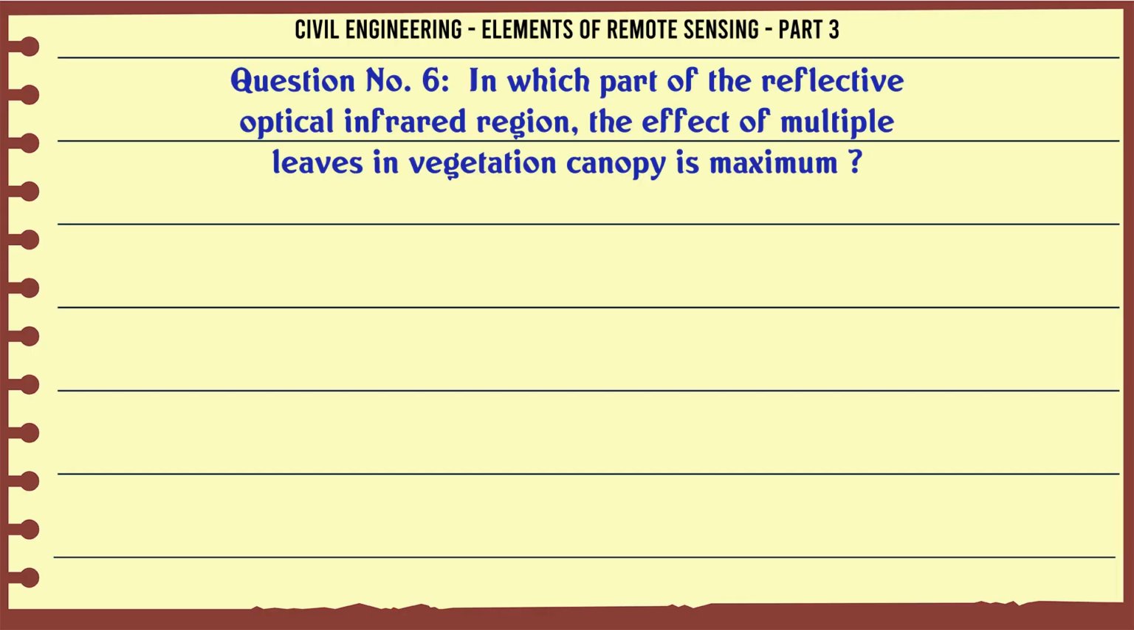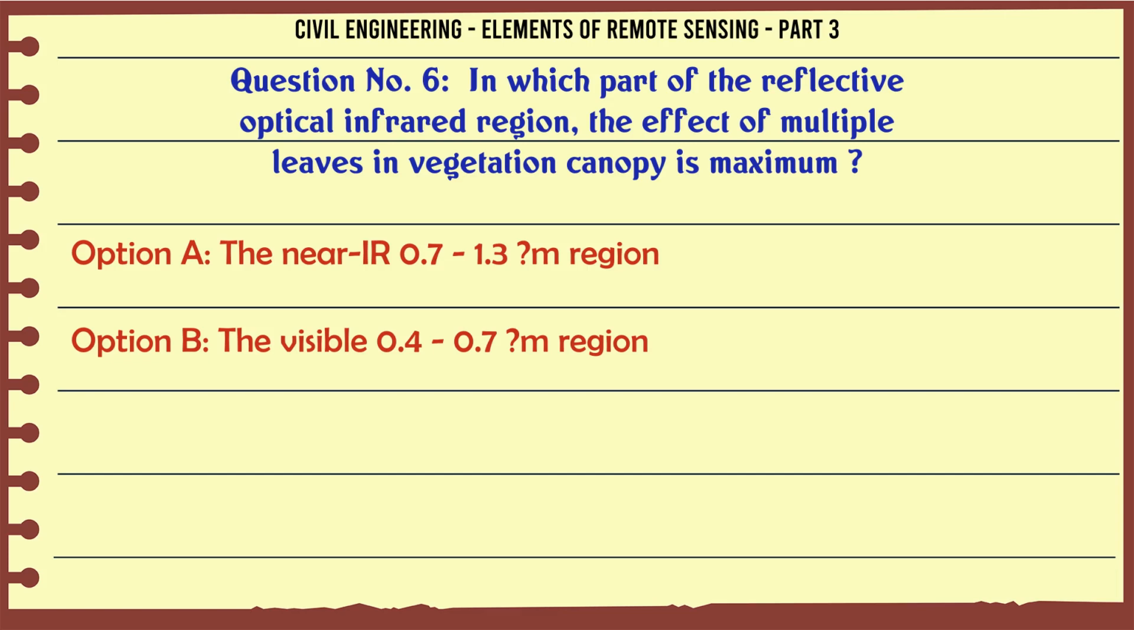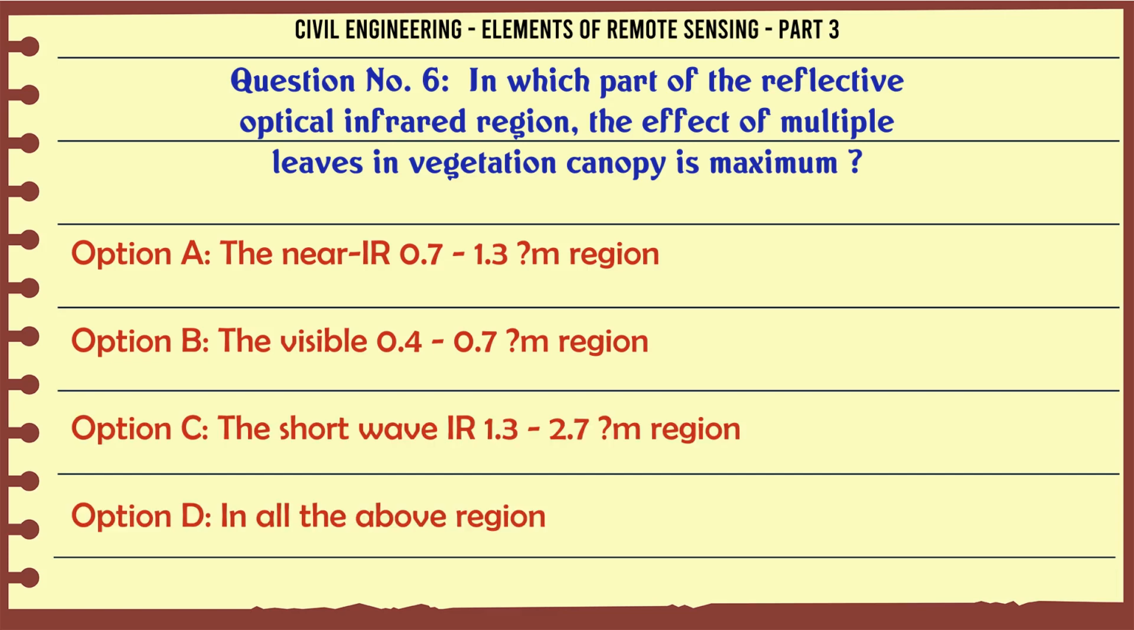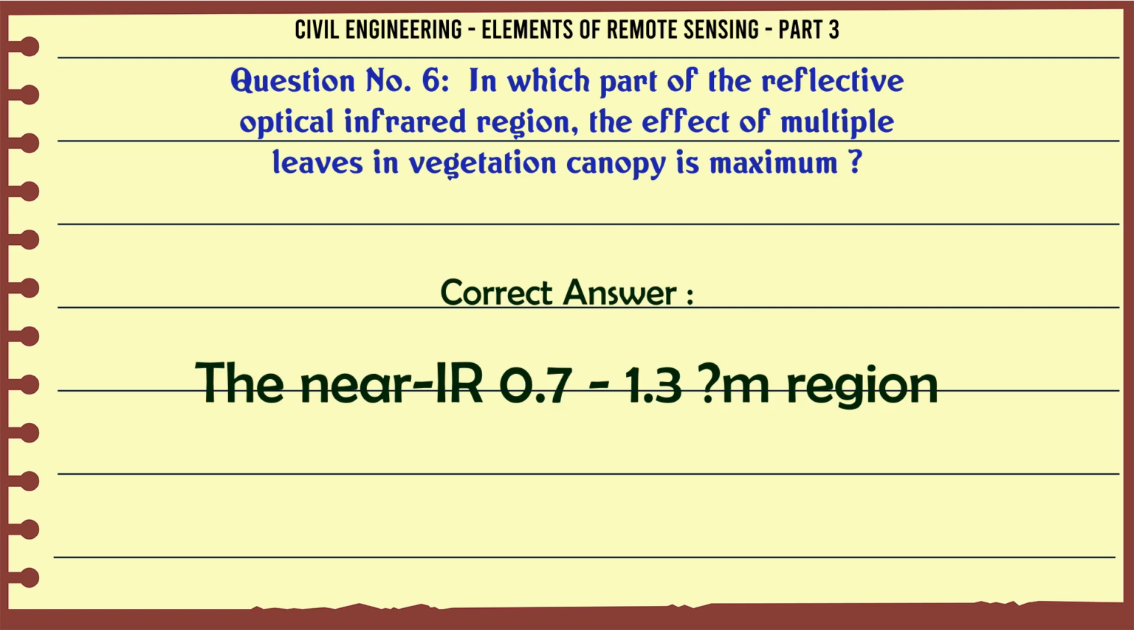In which part of the reflective optical infrared region is the effect of multiple leaves in the vegetation canopy maximum? A. The near IR, 0.7 to 1.3 µm region. B. The visible, 0.4 to 0.7 µm region. C. The short wave IR, 1.3 to 2.7 µm region. D. In all the above regions. The correct answer is the near IR,